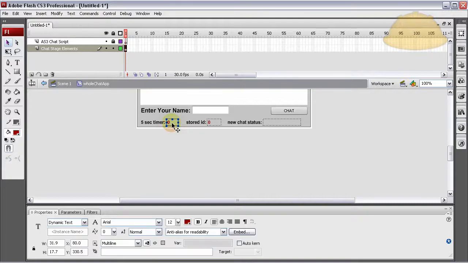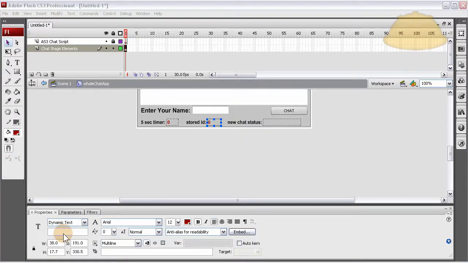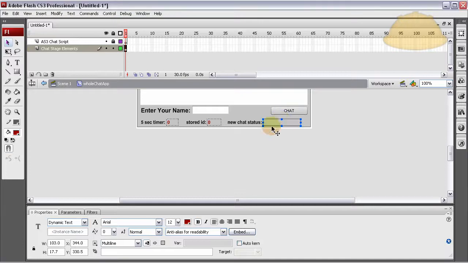Okay, so this dynamic text field, we're going to give an instance name of timer underscore txt, and that's where our timer count will display, the ticking. This dynamic text field, the stored ID, we'll just call it stored ID underscore txt, and then this one here,